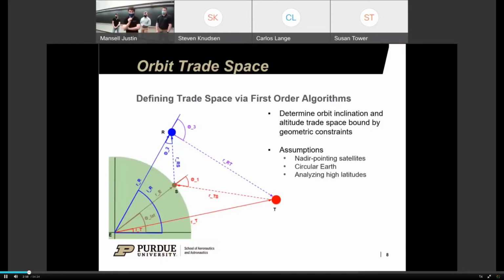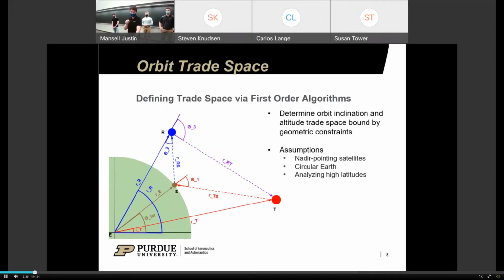So a major component of this mission was obviously the design of the constellation orbits. To start off with the design of these orbits, we looked at very high level first order algorithms, trying to figure out what is our trade space. To do this, we looked at the extremes and the bounds of the problem. So here you're looking at a slice of the Earth, looking at when our receiver is at the maximum latitude of it based on its inclination, what is the relationship geometrically between your specular point and your transmitter? And this kind of geometry problem can help us to find the maximum inclination that we have to go to make sure that we're hitting our latitudes while still being in view of the transmitters that we have to directly